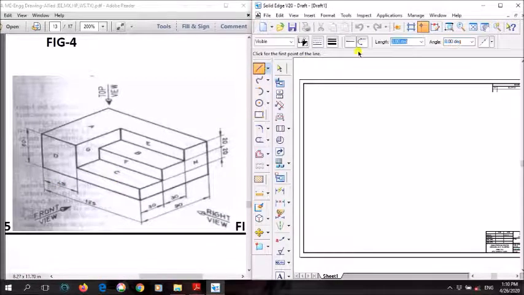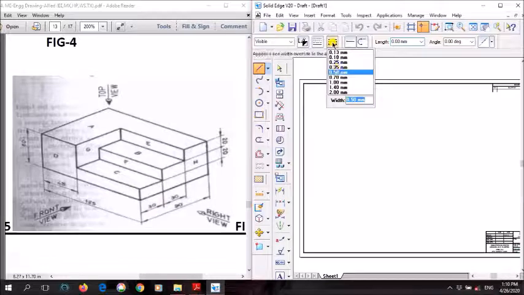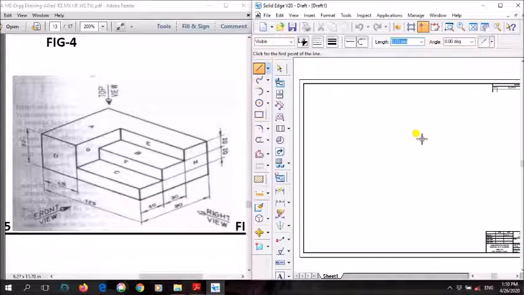To draw the front view, again you have to use a thick line. I'll take it here because we are drawing the right view, which will come on the left side. So I'll draw my front view a little bit this side, on the right side. Firstly we'll draw this length. We'll first build only this part, and then we'll build these two rectangles one above the other. What is the length here? They have given 125 mm, so I'll draw 125 mm.